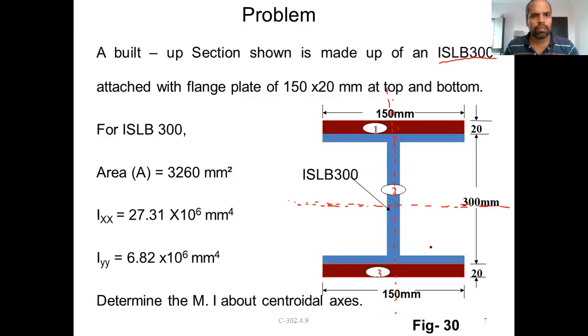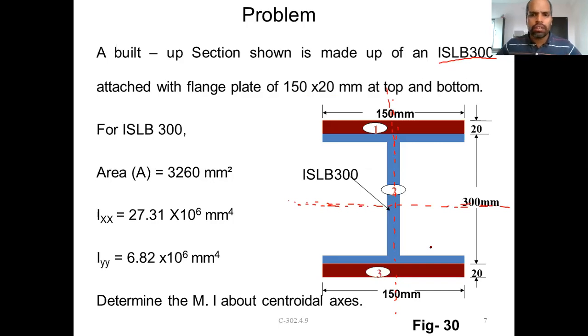Every time I'm stressing this axis of symmetry and centroid calculation because it is the first part. If you make a mistake in the centroid itself, forget about the moment of area and moment of inertia calculation. So you have to be very careful that the centroid calculation is correct. Only then is there every possibility that you will get the moment of inertia correct. That's why I keep insisting on centroid calculation every time.